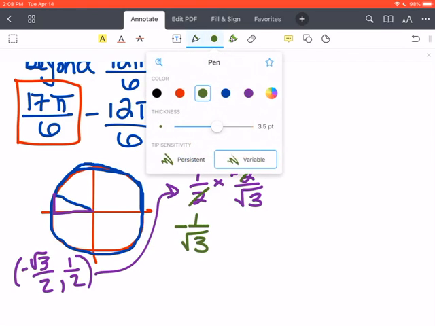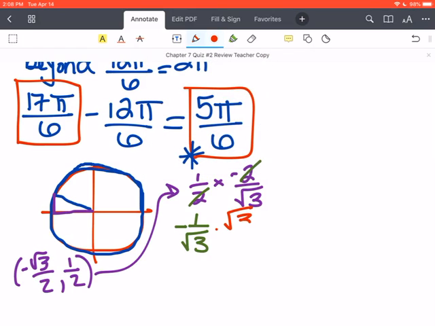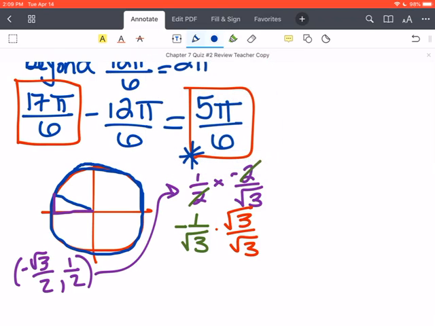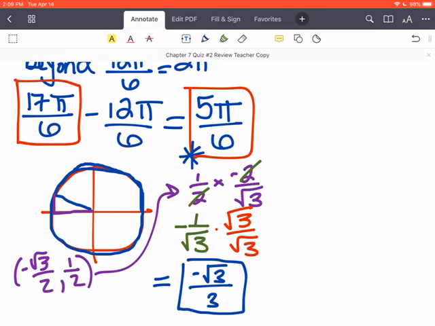So I have negative 1 over root 3. But we said that's not an acceptable answer. We need to rationalize our denominator by always just multiplying by the root that is in the denominator over itself. So when I multiply by root 3 times root 3 in the denominator, I get 3. And then negative 1 times root 3 is negative root 3. Now this does not reduce because you cannot reduce something under the root with something out of the root. So that is the tangent. So this is one where you can't rely on your calculator because your calculator is going to give you a decimal. Now you can check your answer,